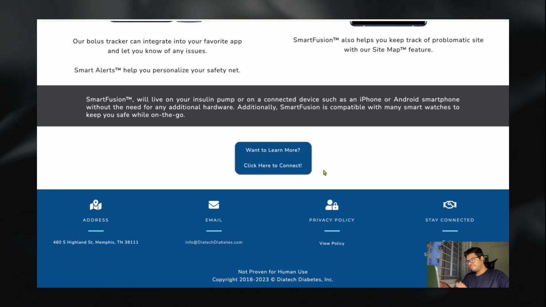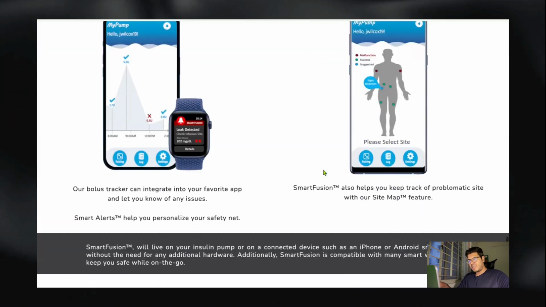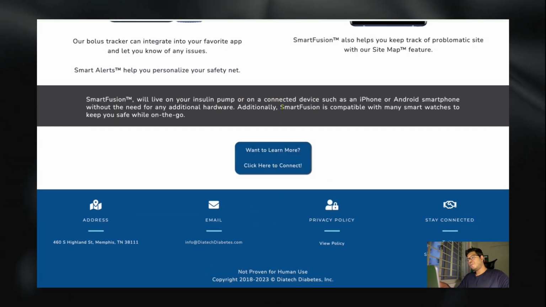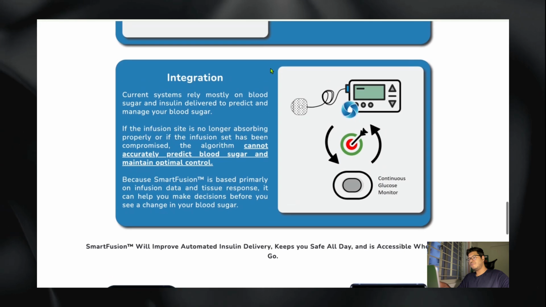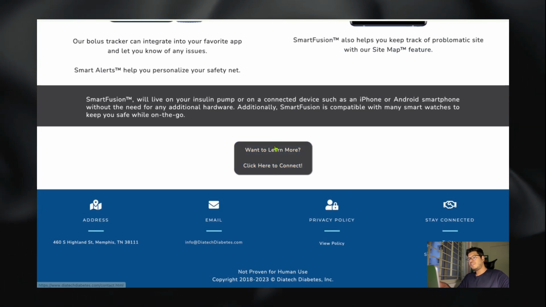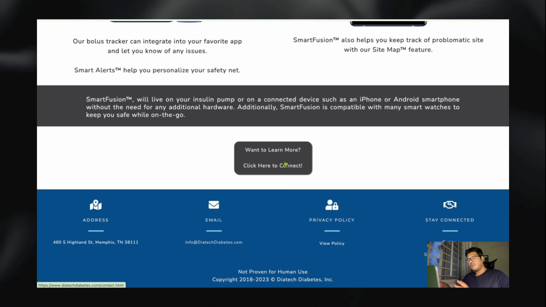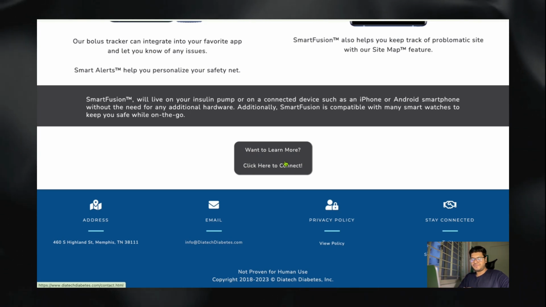For the copy part, I feel, let's start with the CTA first of all. Your homepage should have at least three CTAs. Right now, I'm only seeing one, and this does not look like a CTA. So, "want to learn more" or "learn more" could be your button, and "click here to connect." It should be something like